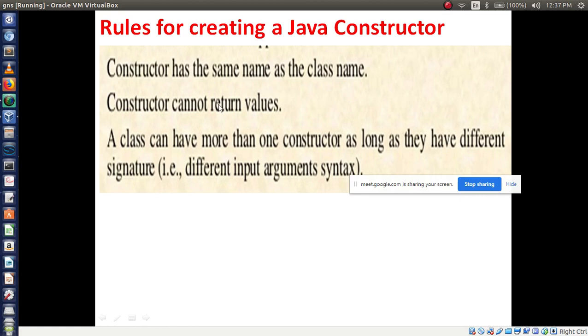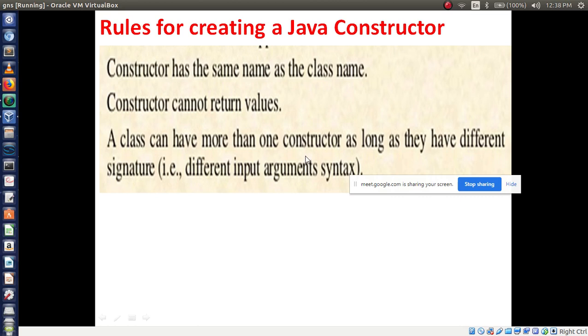And a constructor cannot return values. Like in the previous methods where you used return a plus b, here it will not be possible. And a class can have more than one constructor. Remember this. How many constructors can a class have? More than one, as long as they have different signatures.